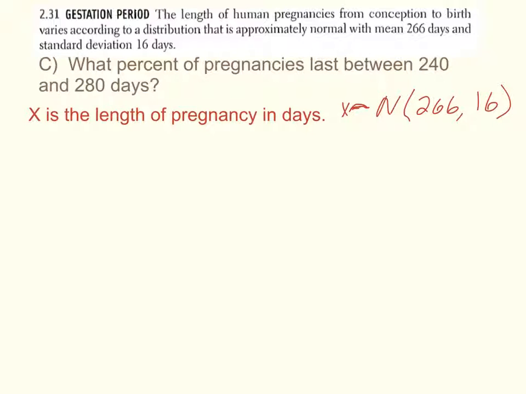We are looking for the probability. So now let's do the math. Let's find the probability that X is between 250 and 280 days. Well, that's equal to the probability,